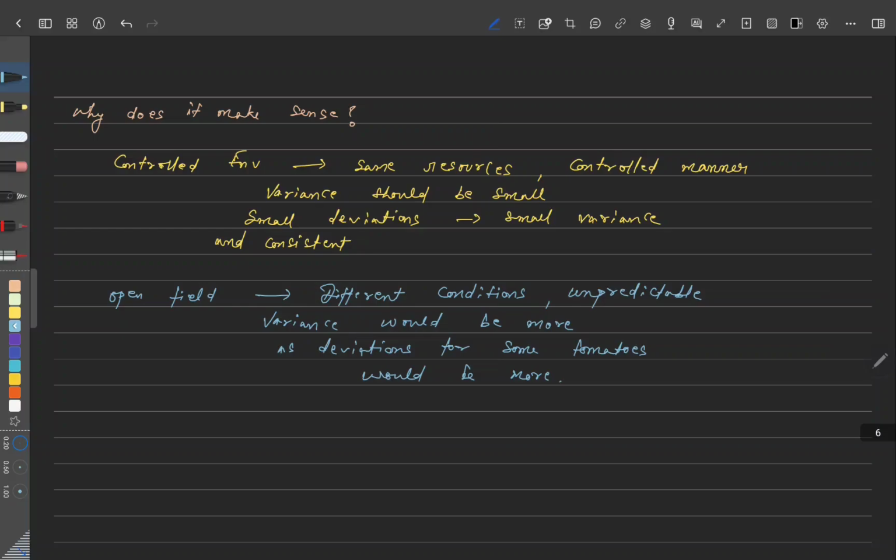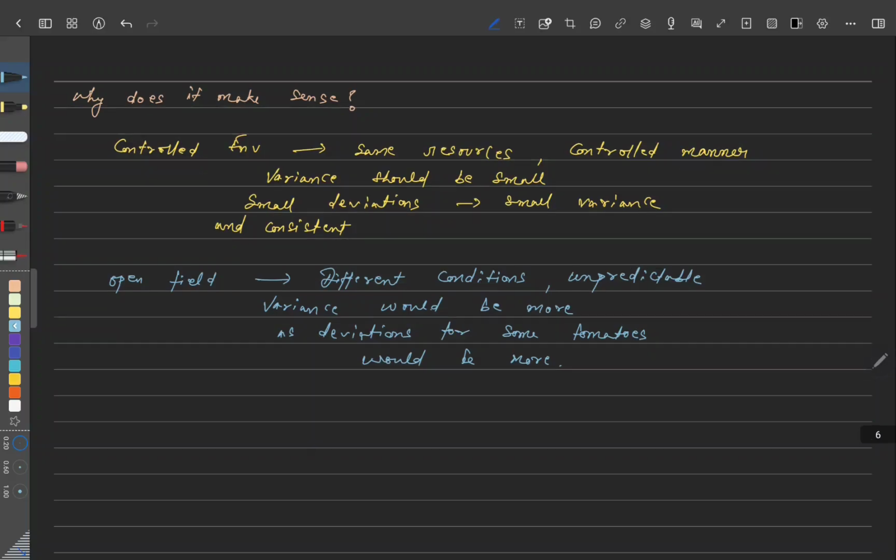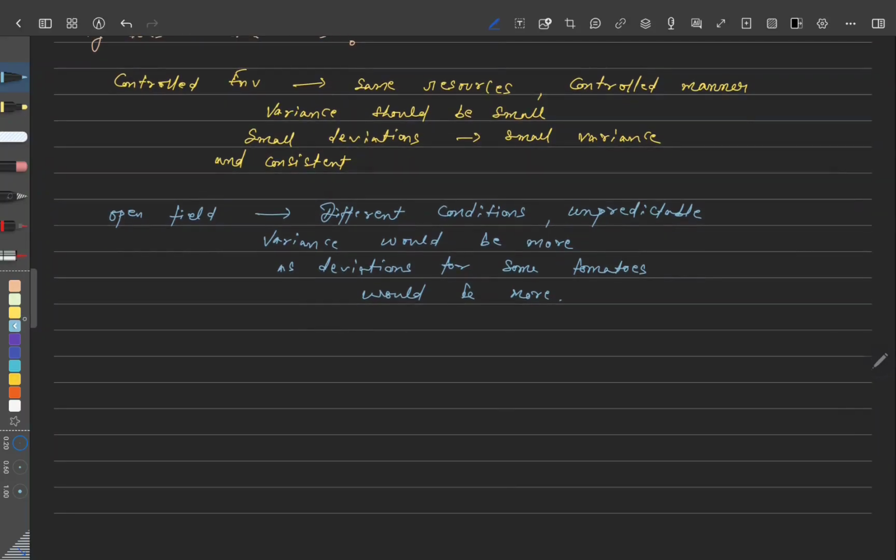So low variance tells us about consistency and predictability, okay? Low variance, consistency and predictability,